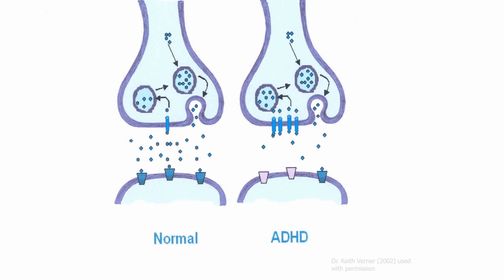However, in the child with ADHD and the individual with ADHD, we find a significant difference. The area of the brain that takes up the dopamine from the synapse works more efficiently and effectively to suck that dopamine back up more quickly than the typical brain. And so, unfortunately, the neurotransmitter does not remain in the synapse long enough for the message to get across to the receiving cell.